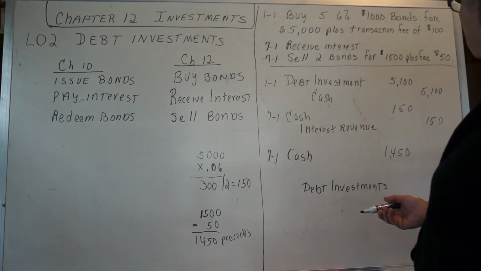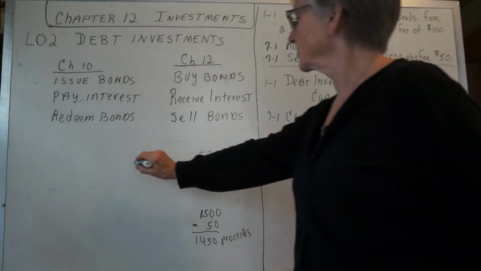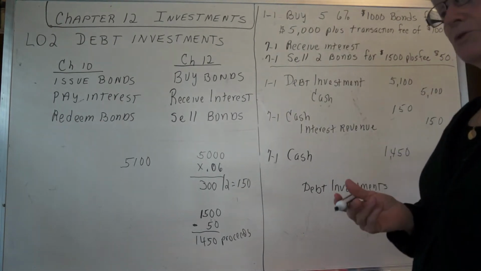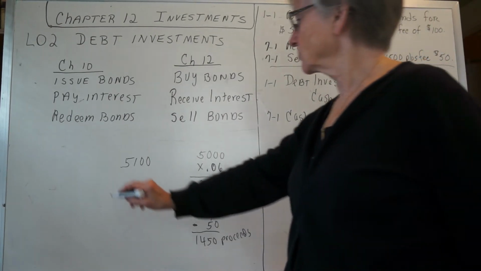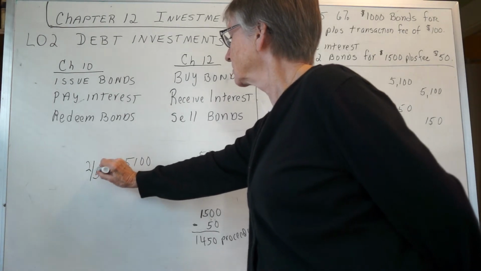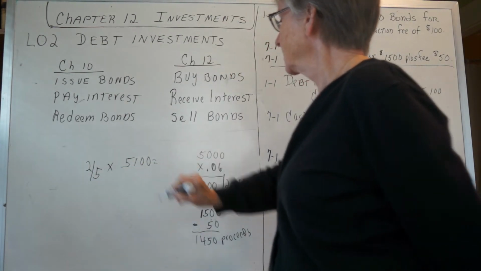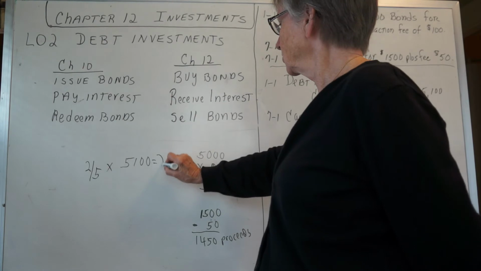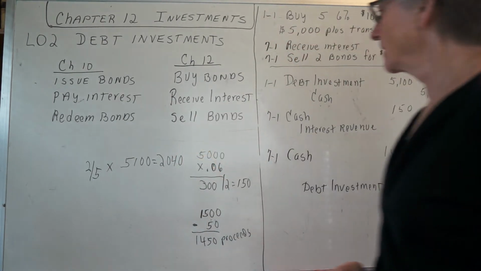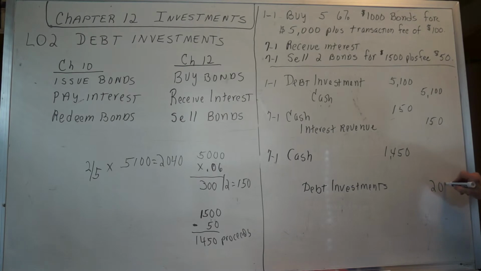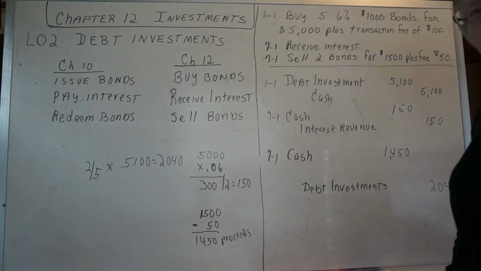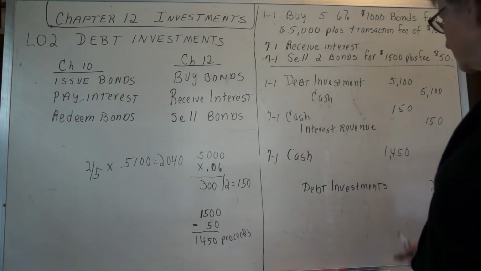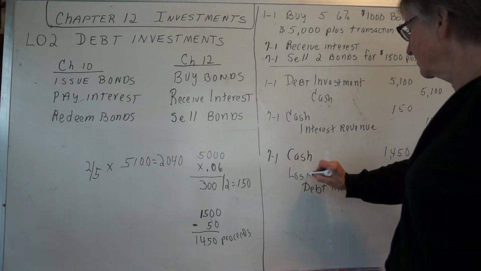Now, the debt investments are on our books for $5,100. That's the cost base of all 5 of the ones we have. We sold 2. So to find out how much those 2 cost, we simply go 2/5 times the $5,100, and that will give us the cost base of what we sold, which comes out to $2,040. So our 2 that we sold come off at $2,040. This is kind of a sad situation. We only got $1,450. The cost base was this. We didn't do so well. We've got a loss on the sale